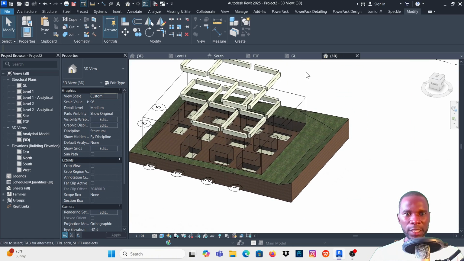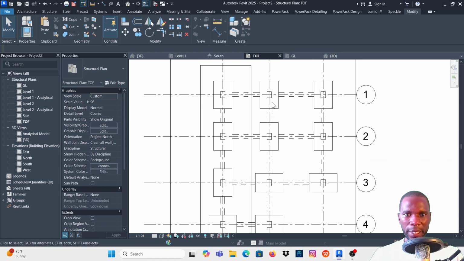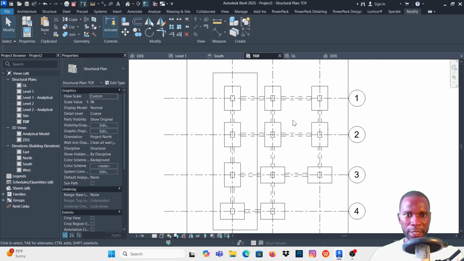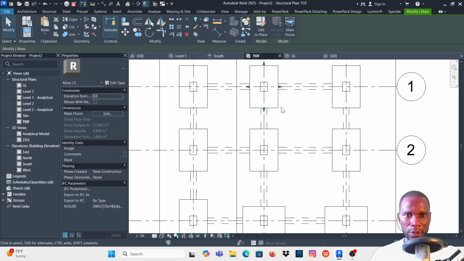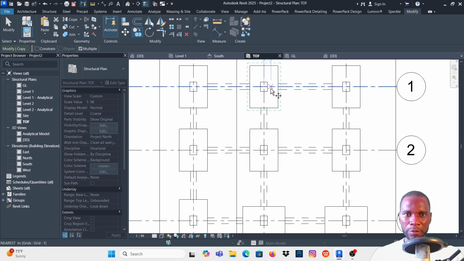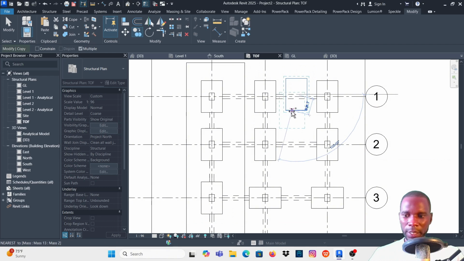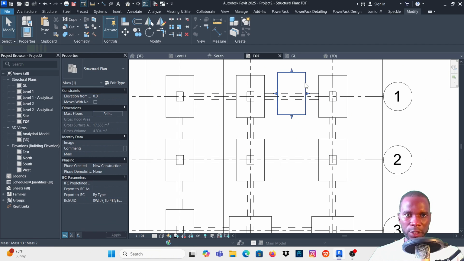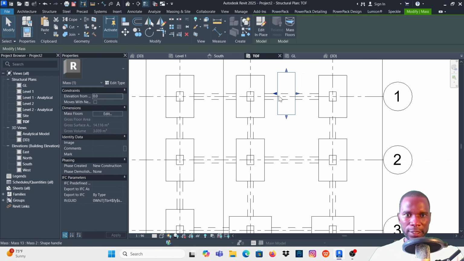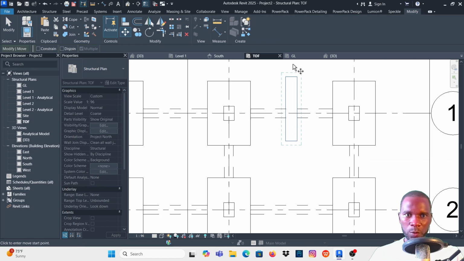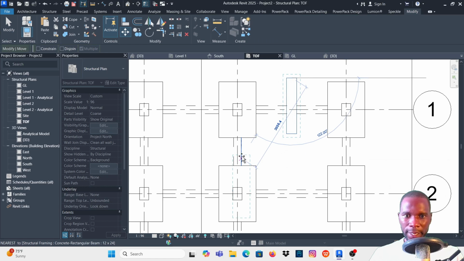All right, it's still the same thing. I just need this time to go to top of footing, which is still okay. All right, so I can pick this one. You can see that from here it's a mass. I'll simply copy it, maybe from this point up to that point. Now what I want to do is you can adjust it anywhere, maybe like that. Then I'll move it. All right, move from the center there,